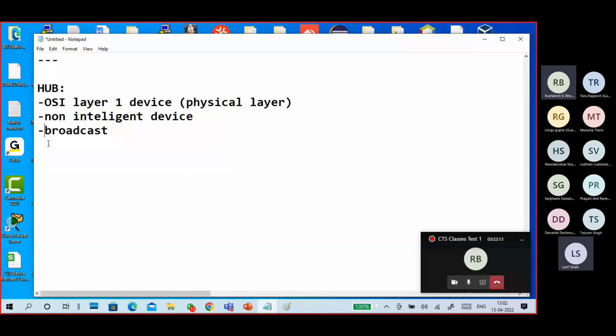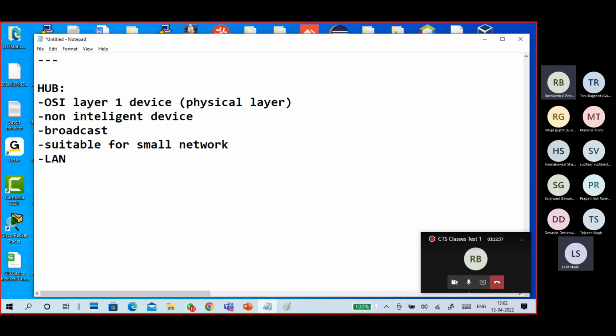So a hub works like that only. Non-intelligent, it's a broadcast domain, suitable for small networks. Like if you have 4 or 5 computers, no problem. Of course, it is a LAN related device, local area network only.